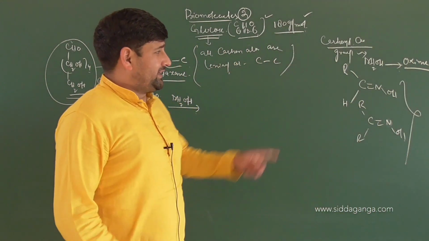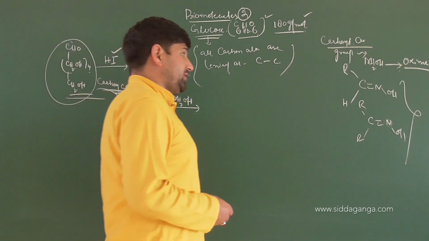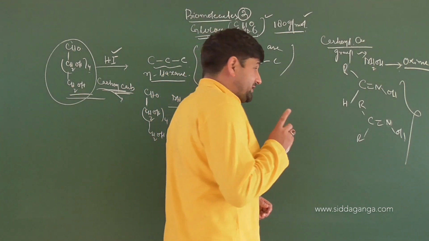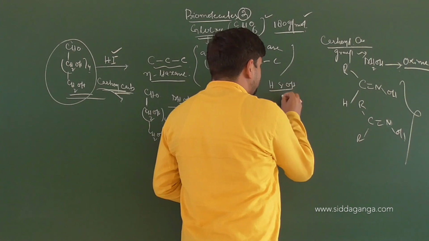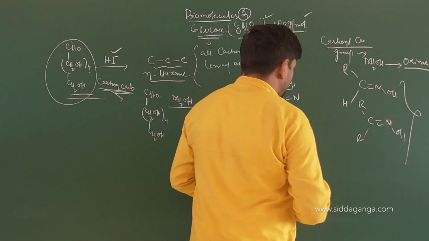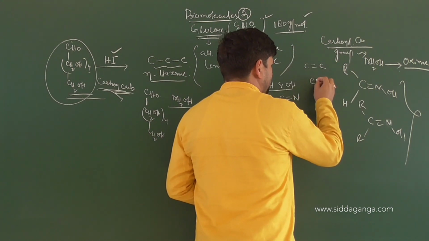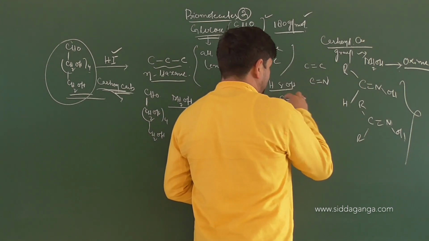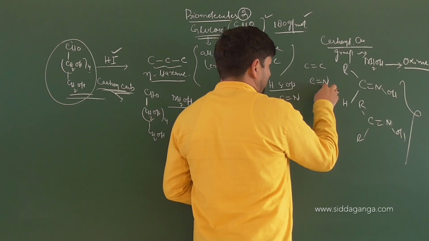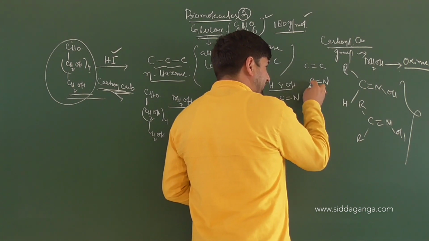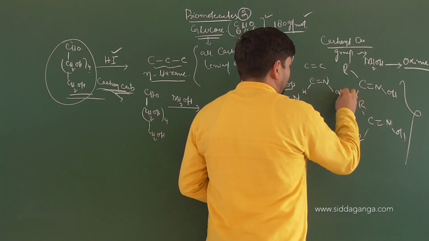Remember that when the oximes are made, we can get geometrical isomerism. A new type of geometrical isomerism in oximes comes into play, which is based upon the presence of hydrogen and OH around C double bond N. Usually, geometrical isomerism is possible around C double bond C. It can also be possible around C double bond N, and it is as the link can show it here. And this linkage is in between carbon and nitrogen, and around the carbon atom, there should be the presence of hydrogen and nitrogen in case of oximes.